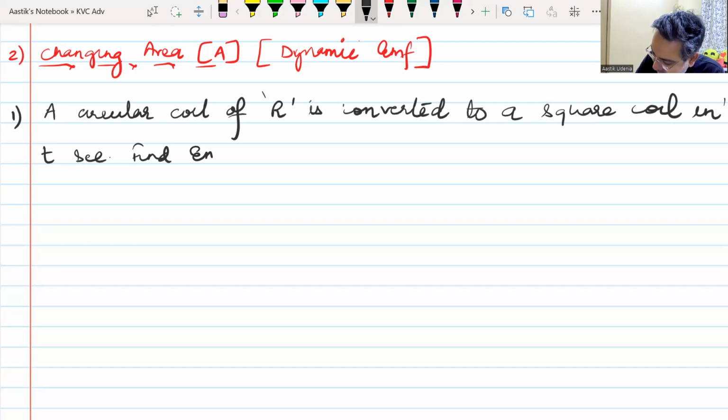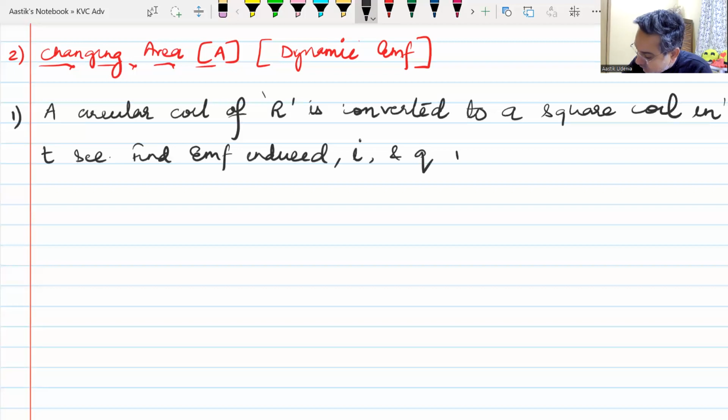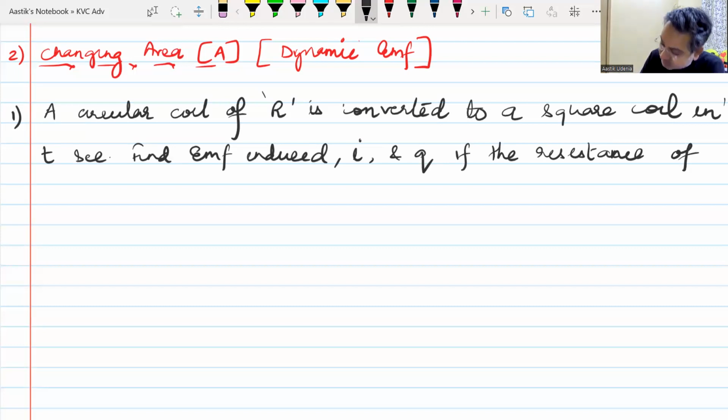Find the EMF induced, current flown, and charge flown if the resistance of the coil is